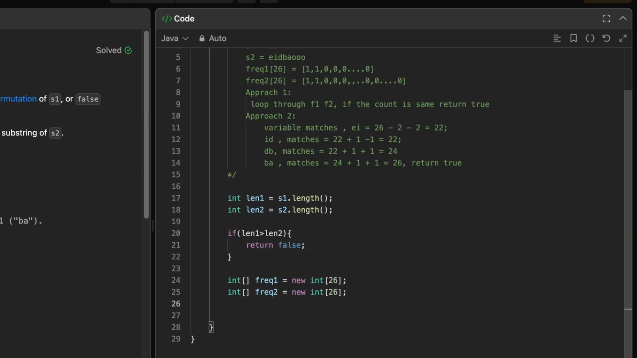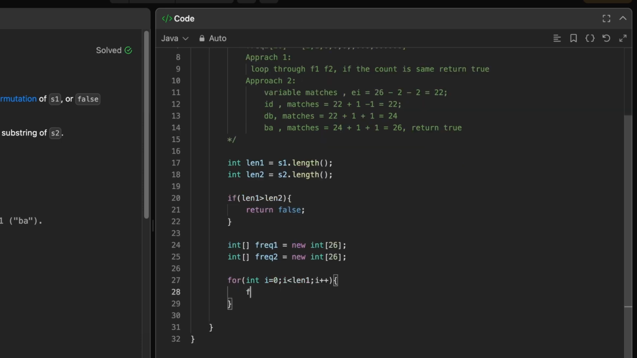And now we will update the frequency for the initial window. Int i equals 0, it will loop through the length of s1, and we will update the frequency for both. s1.charAt(i) minus 'a'. We are doing minus 'a' to make the 'a' character index 0, right? We will add the frequency for the character i, and same we will update the frequency of the current initial window